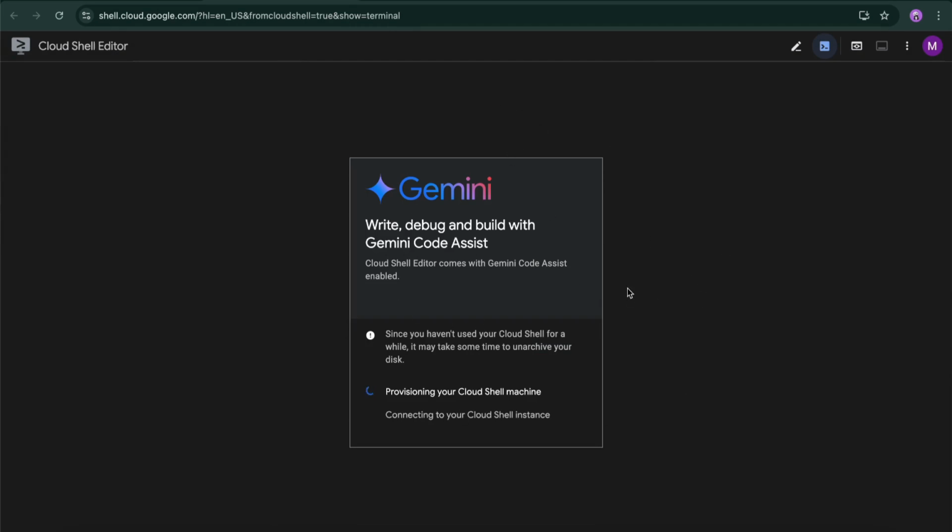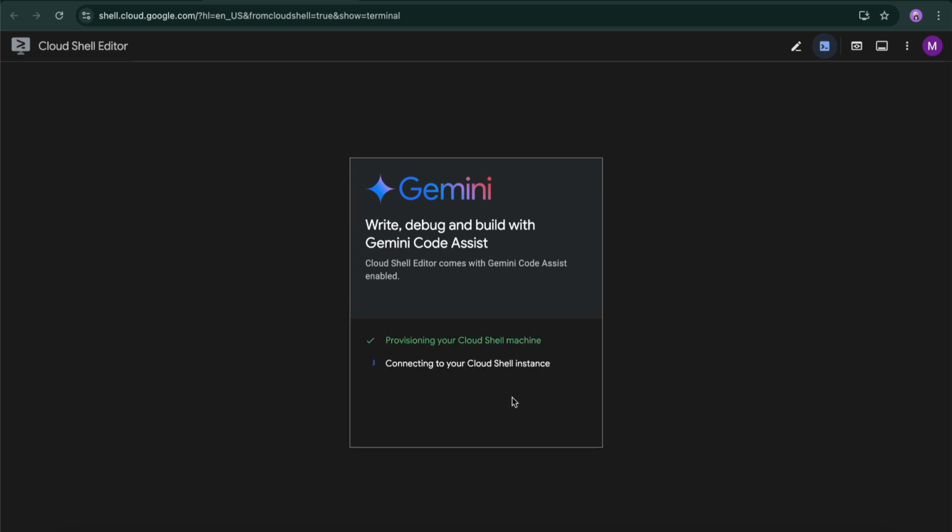Just wait a bit for it to provision your cloud machine. It will take a few minutes or a few seconds to do it. This is how it will look when you're provisioning and connecting your Cloud Shell instance. If you're using Google Cloud for the first time, don't worry, it might take some time, but it'll be done